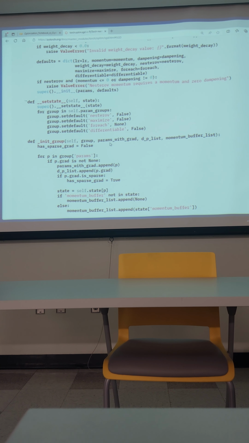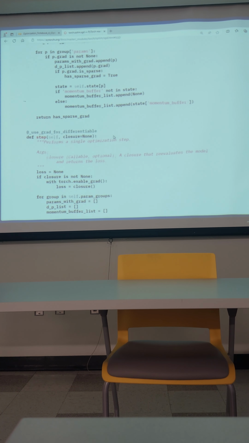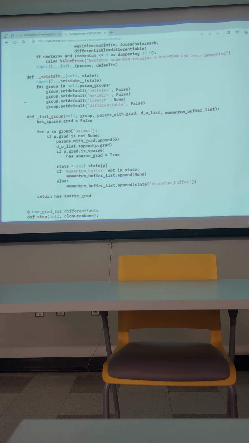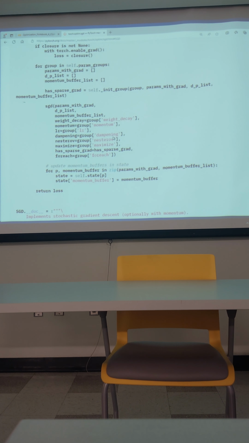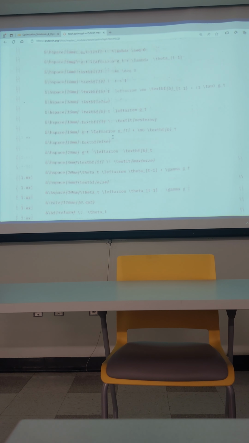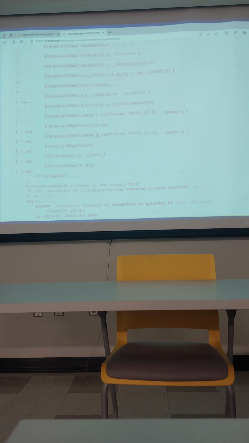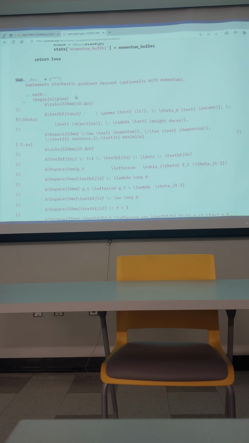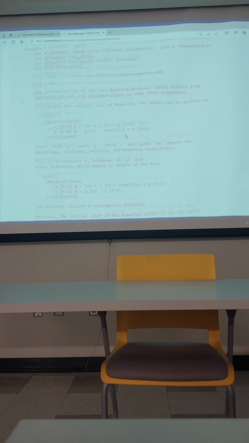What is the essential part? So what is the essential part of the code? And what do these mean? These look like LaTeX, you know. So anyway,